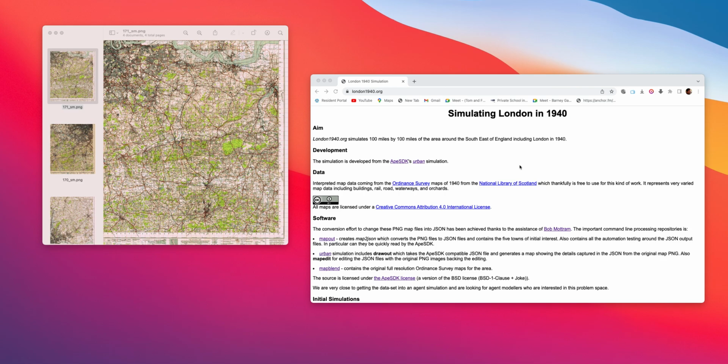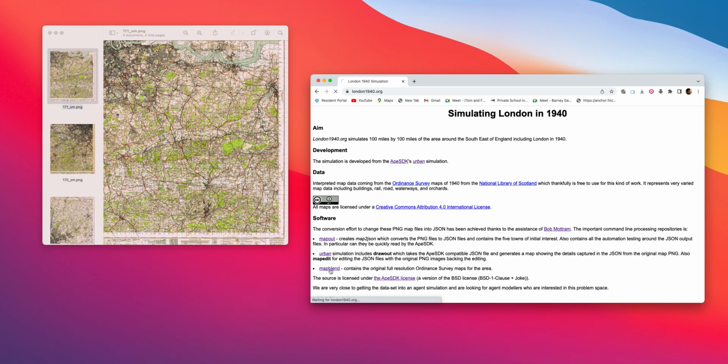So I'm not sure when I last recorded a video, but what was SimCline became London1940.org. So obviously SimCline had a World War II component to it. London 1940 is just about creating London in 1940 in a simulation sense, and it cuts down the number of maps. So for folks wondering what's been going on the past few weeks, months, whatever, the new code can